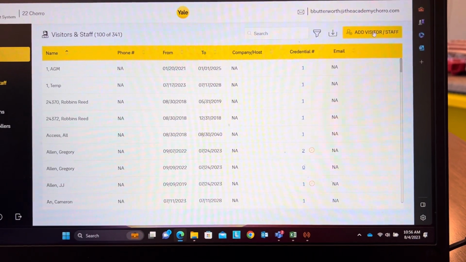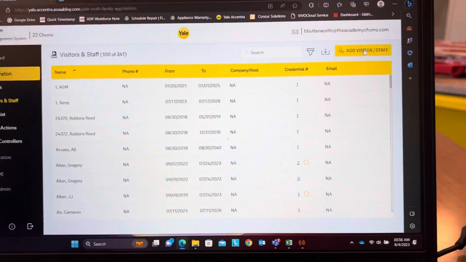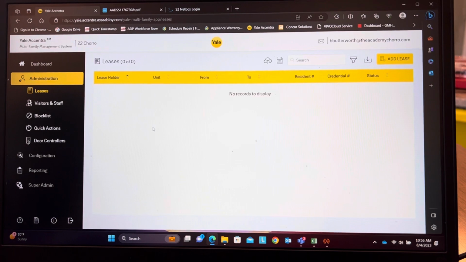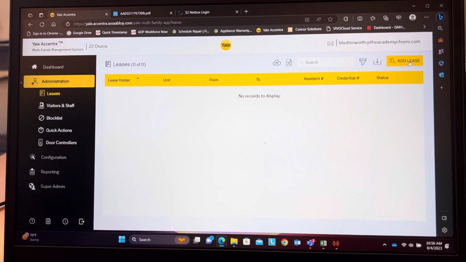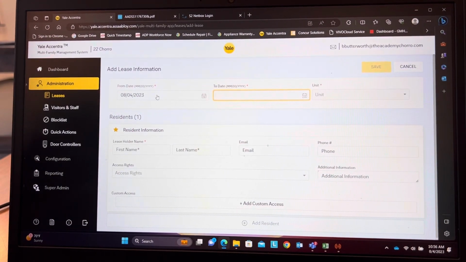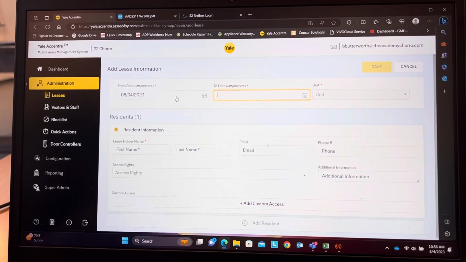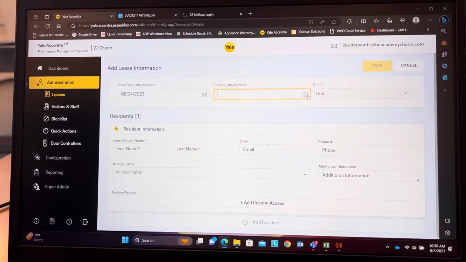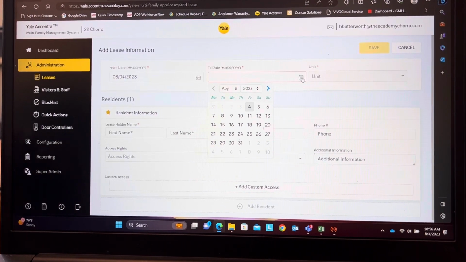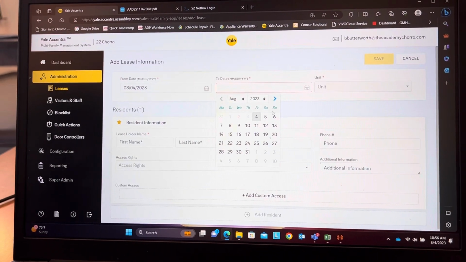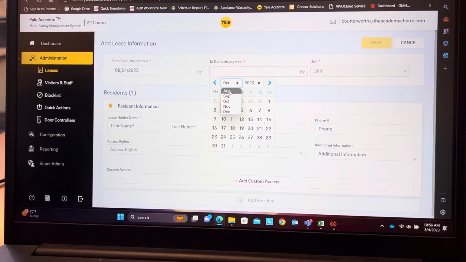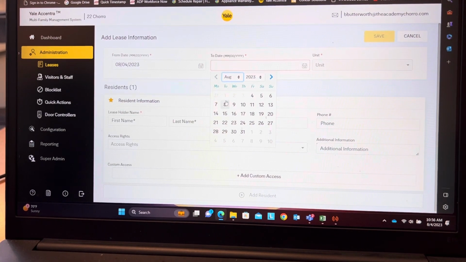So if we go ahead and keep that rhythm going, newcomers, you can start putting them under leases. If you would do so, this is how you would add the lease. Top right corner, add lease. You have to have a start date, which today is the 4th. That would be our start date. And then you have to have when you want their lease to end. If you guys do a 1-year lease, a 6-month lease, you can pick that from here. If we do one year, we go August 8,